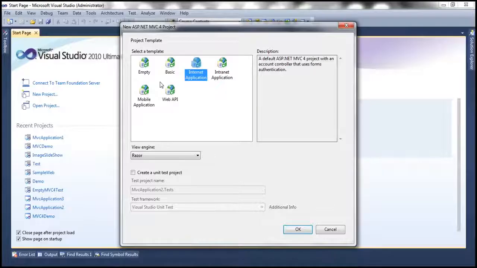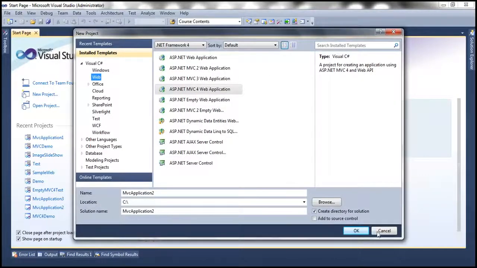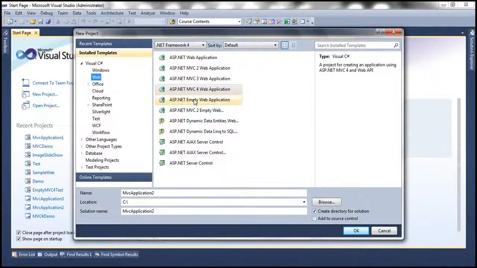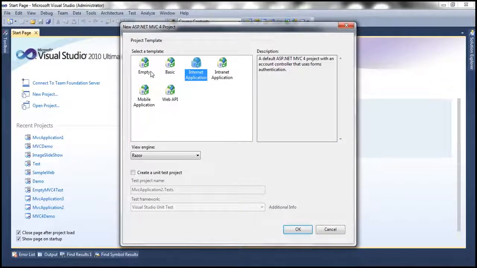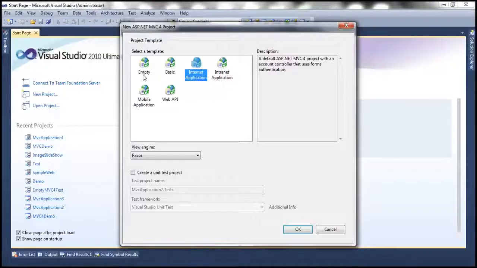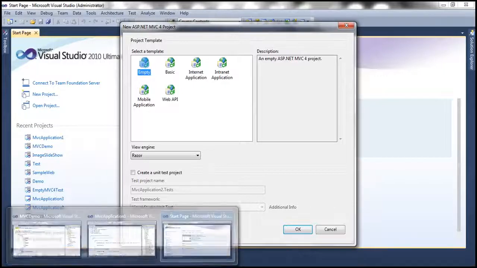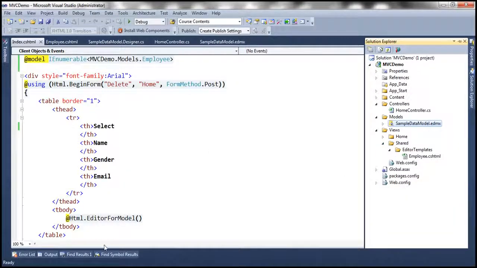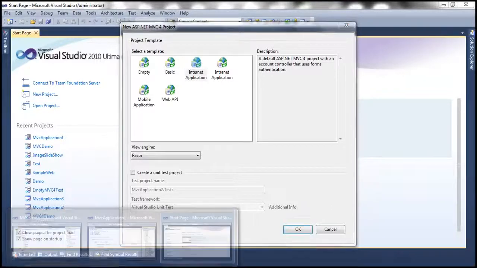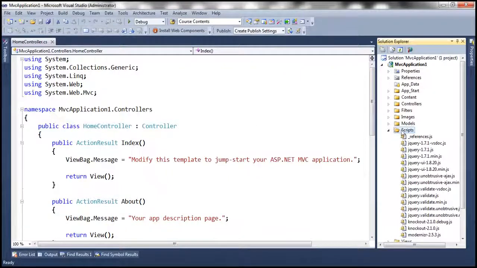So here I have fired up Visual Studio. Now let's say I'm creating a new project. So File, New Project, and then let's select ASP.NET MVC4 web application, and once I click OK, then we have a template here. Now when we created MVC demo project, we have chosen empty template. That's the reason why we don't have scripts folder within this project. But then if you select Internet Application and click OK, that would create an MVC application like this. And look at that, we have a scripts folder there, and then we have several jQuery files. And the jQuery file that we are interested in here is this